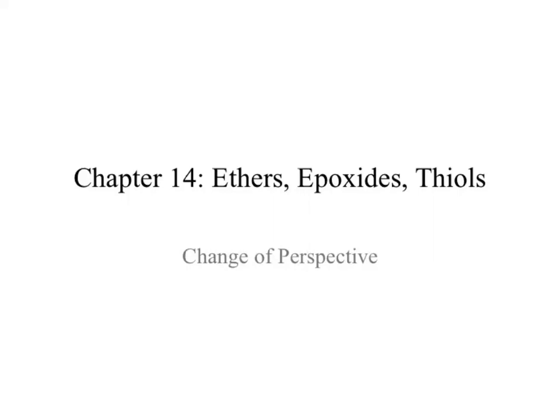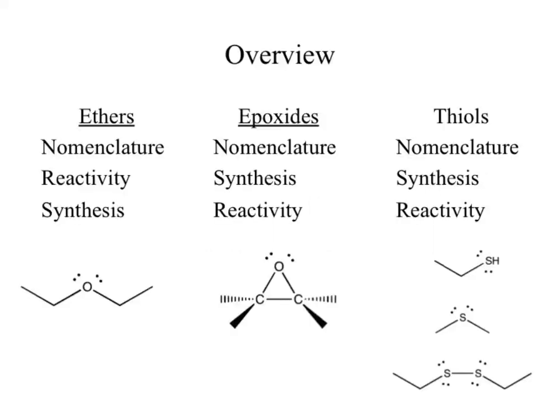So now we'll actually get started with chapter 14, which really addresses three new functional groups as far as we're concerned: ethers, epoxides, and thiols. What we're going to do is look a little bit at the nomenclature for each of these. Remember, I'm not a big fan of nomenclature, and the nomenclature for each of these three actually doesn't fit